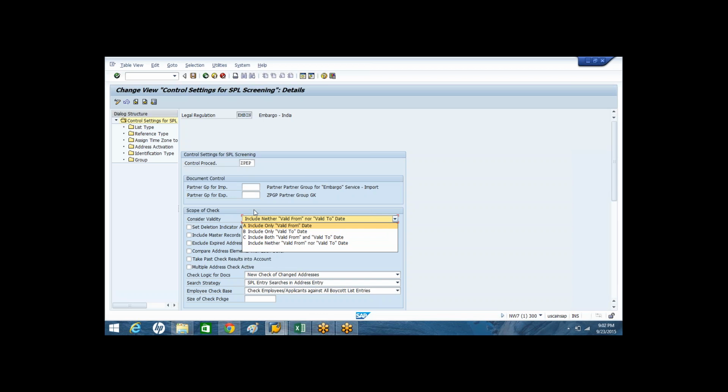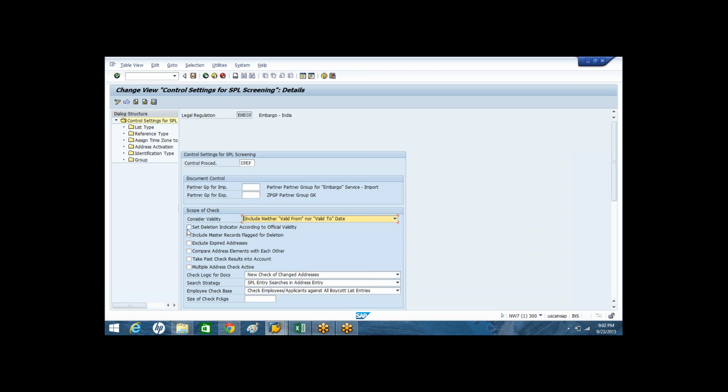That kind of validation can be specified as part of maintaining the control settings for SPL screening. That is the consideration of the validity for the SPL members.